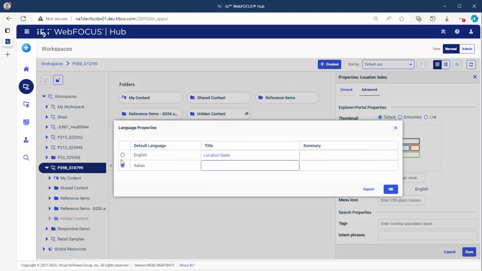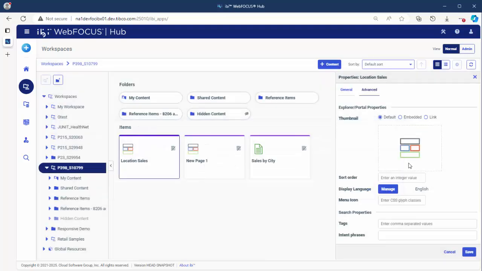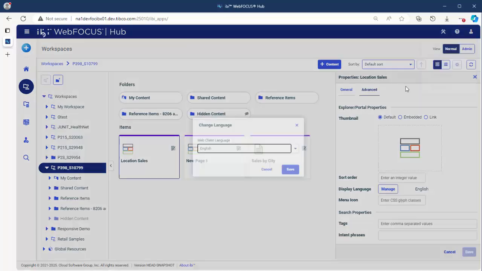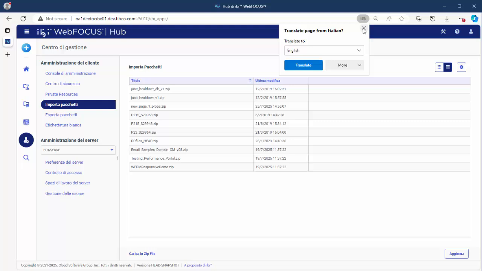So actually, I'm not going to select that as the default, but I am going to give it a new name. I don't know, something like that. I don't know if that's the right translation or not, but you'll see that once I save that, if I swap to Italian or any other language that I provide the translation for,